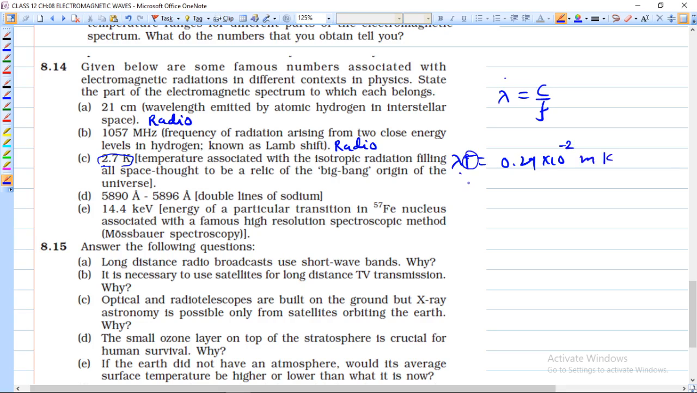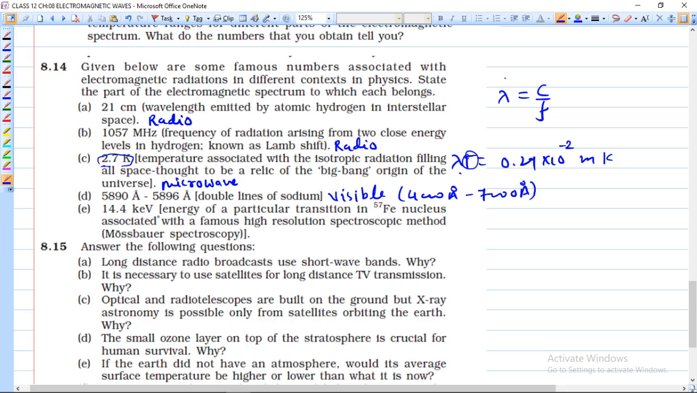टेम्परेचर रख के लेमडा फाइंड कर लो, तो लेमडा फाइंड करके आपको पता चलेगा कि भैया ये कौन से रीजन में आती है, तो ये रीजन में आती है माइक्रोवेव। अभी 5890 और 5896 एंगस्ट्रॉम, ये तो मुझे अच्छी तरीके से पता है, ये विजिबल में आती है। क्यों, बिकॉज वेवलेंथ रेंज ऑफ द विजिबल इज व्हाट, 4000 एंगस्ट्रॉम टू 7000 एंगस्ट्रॉम, मतलब ये बीच में आ गया ना।